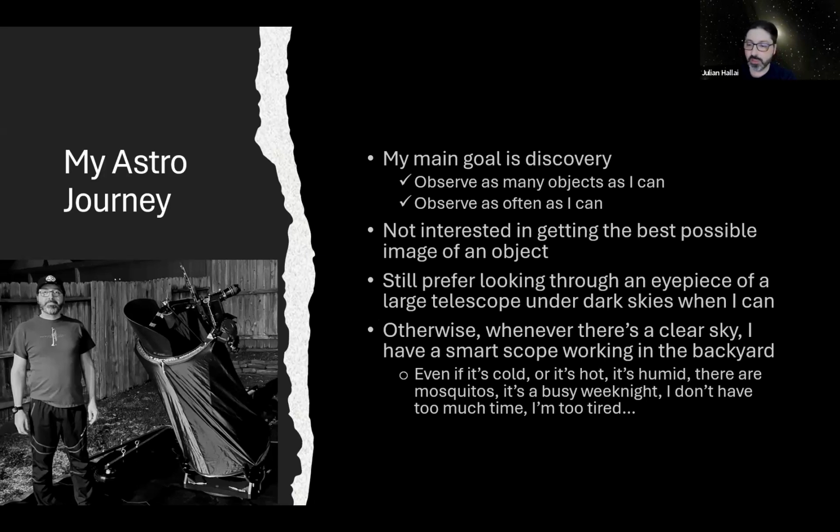If I have to work that evening, or family life, even if I don't have too much time, it is still worth observing with a smart scope, because I can just take it outside, turn it on, and it's very quick to set up and start observing. It's a couple of minutes. So even if I have very little time, I can still do that, and even as I'm doing other things, I can still get images and observe. Very important,